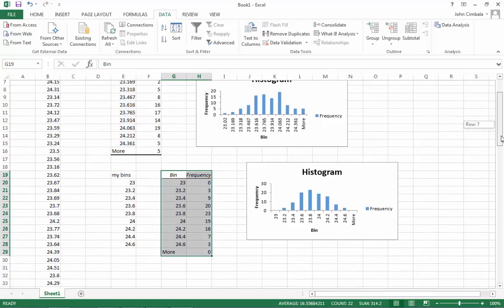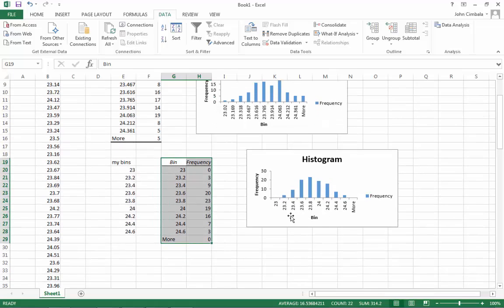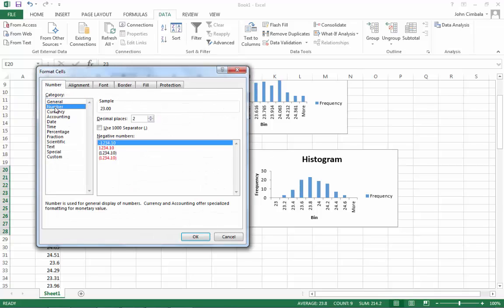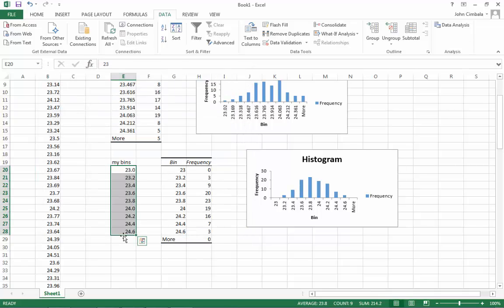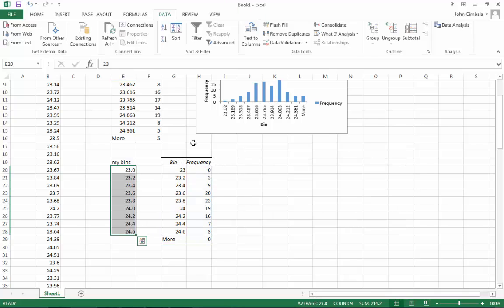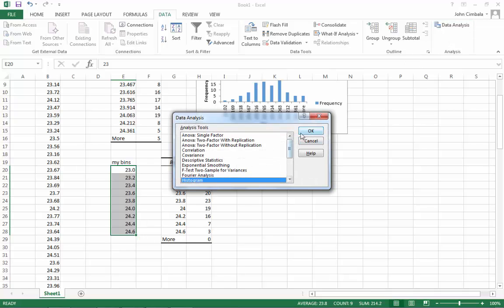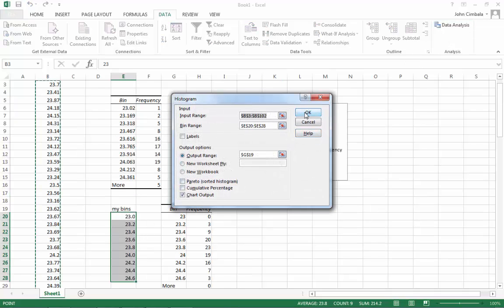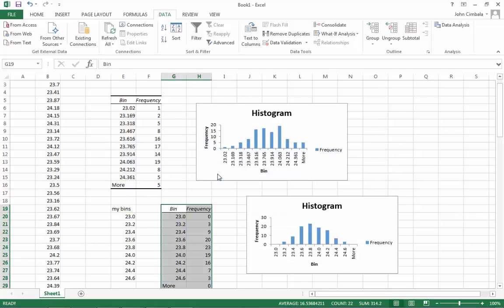And notice that now it has my bins and the frequency for each bin, and these bins are much nicer looking. Notice that the labels aren't consistent in their format, so if I go to my bins, right-click, Format Cells, and pick a number with 1 decimal place, it changes all those numbers to be consistent. And now if I redo this histogram, Data Analysis, Histogram, and keep everything the same, and overwrite existing data, now my axes show the proper